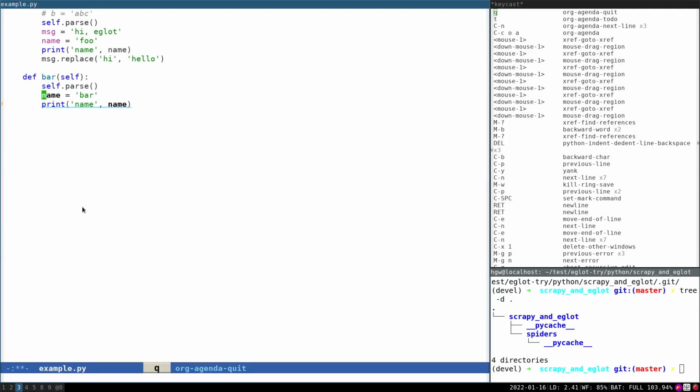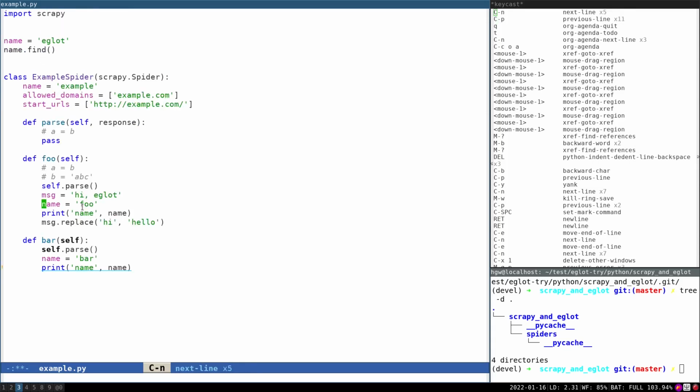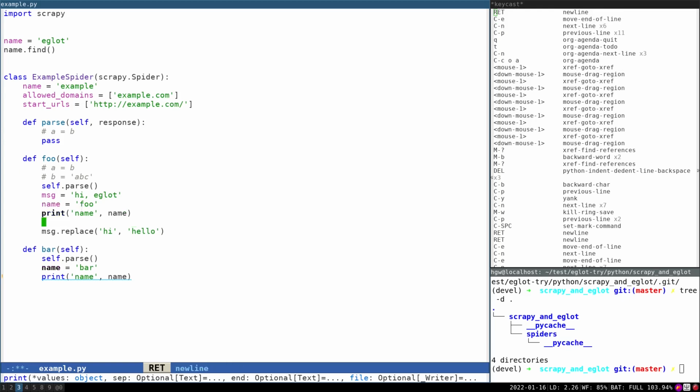LSP can shine here as the language server will give Eglot the suggestions based on context so that eglot-rename can rename symbols correctly. For example, let's define the same variable name as we already did and reference this name in a formatted string.